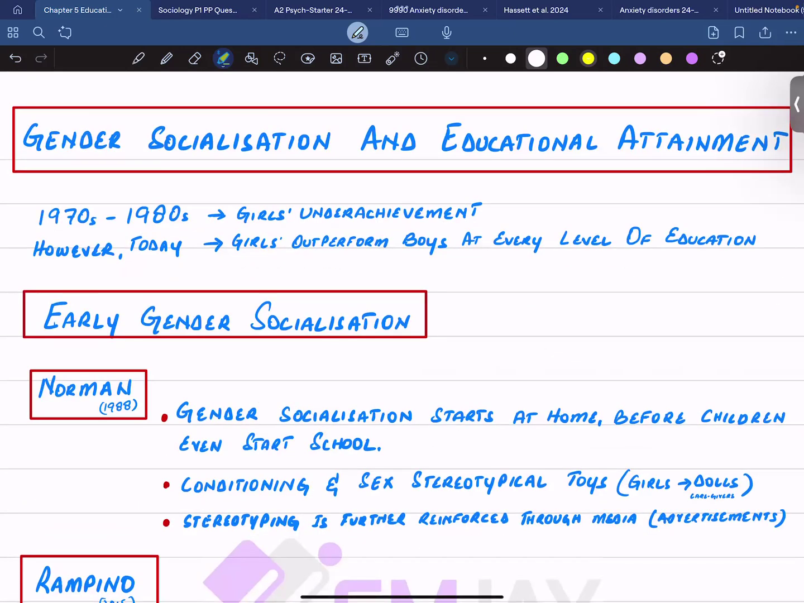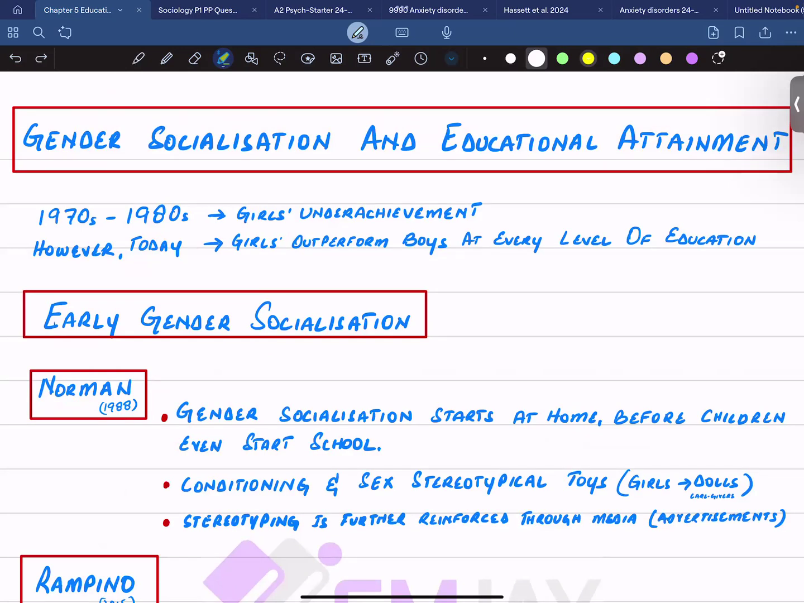So the name of the topic over here is gender, socialization, and educational attainment. Like I said, the effect your socialization process has on the educational attainment of an individual. Now, to begin with, it is pretty important that we understand that